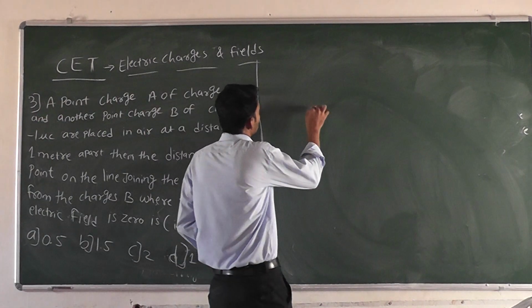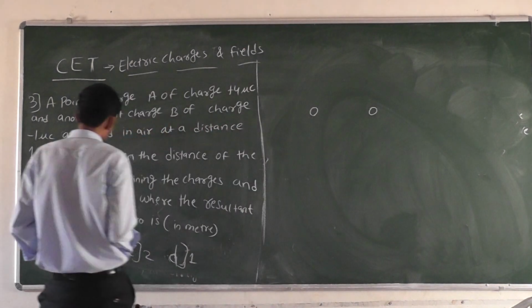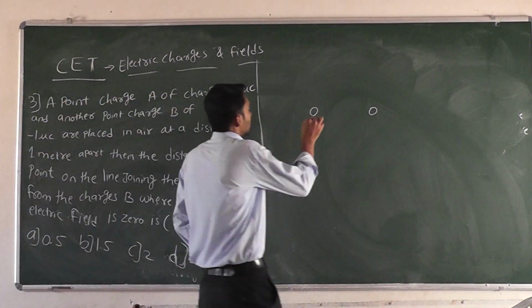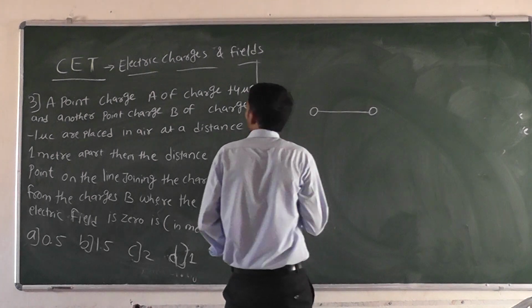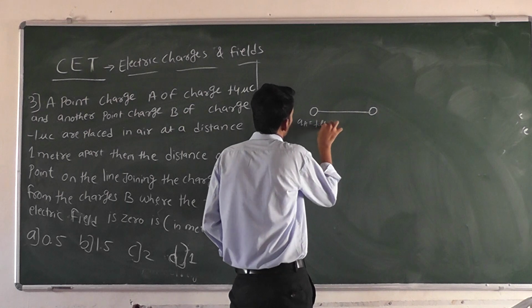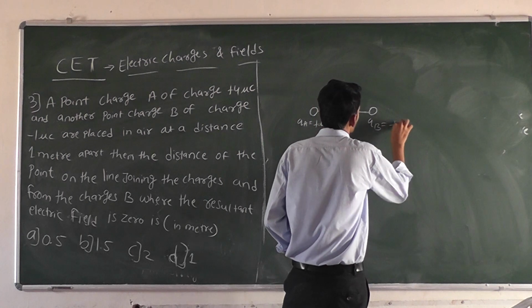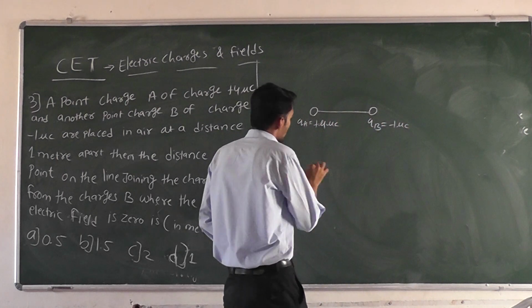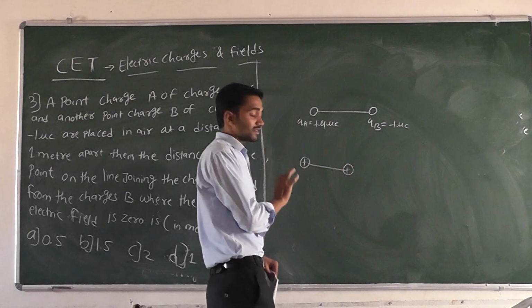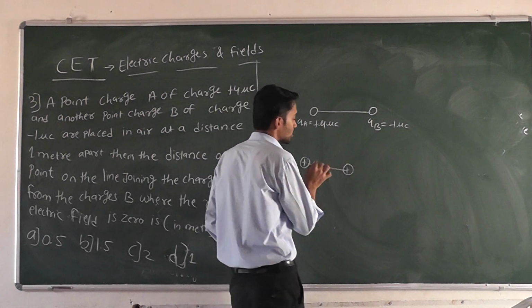First we have to understand this figure. In theory problems, we derive this in the NCERT example problem; we are using a similar type of problem, where the resultant electric field is 0. We take two charges, QA is plus 4 microcoulomb and QB is minus 1 microcoulomb. Suppose two similar charges are there, this one positive and this one also positive. Where is the resultant electric field zero, that is, where is the null point? The null point will be at the center of these two charges.